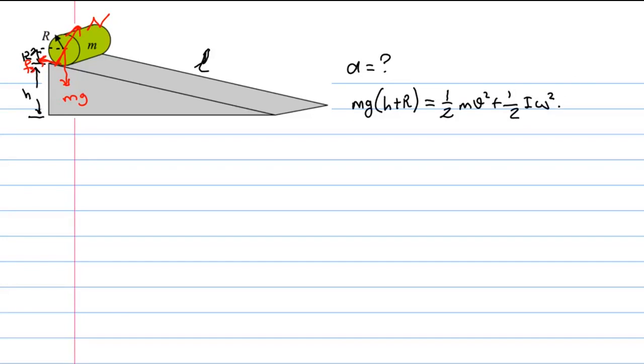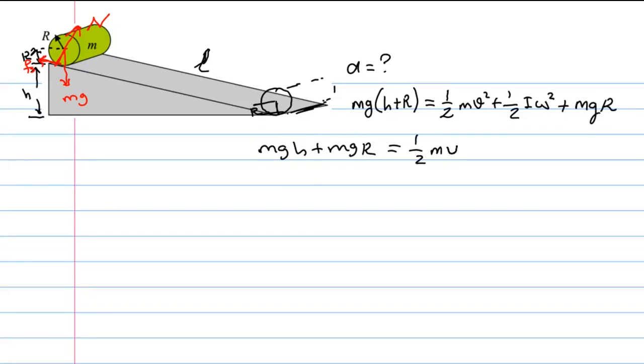And also we still have some height here from the ground as it comes down to the bottom of the incline. So this height has to be considered as r. Therefore we still have some potential energy, mgr. To simplify, I'm going to rewrite as mgh plus mgr equals 1/2 mv squared plus 1/2